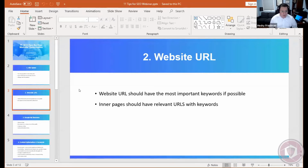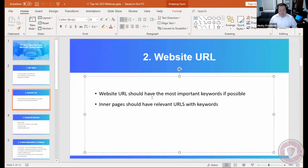But a lot of these are going to hold true for other search engines as well. Okay, the URL is also very important. If you have a keyword, you want to have the name in the keyword, in the URL itself. So let's say, for example, if you can do that, if your company, I'll give you an example, is